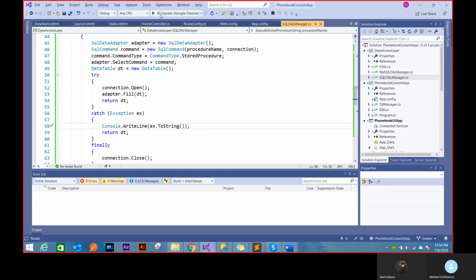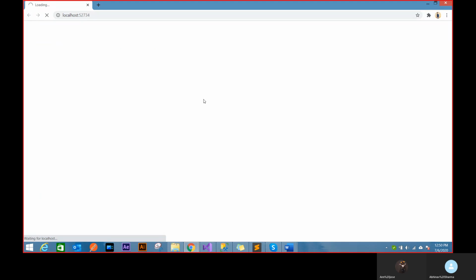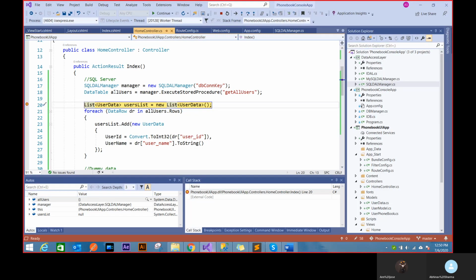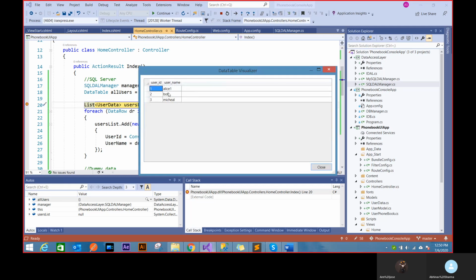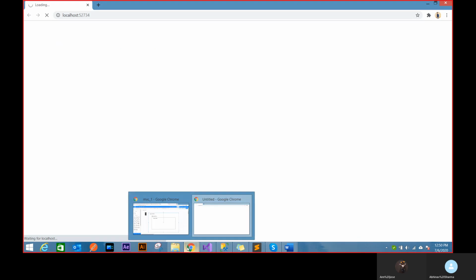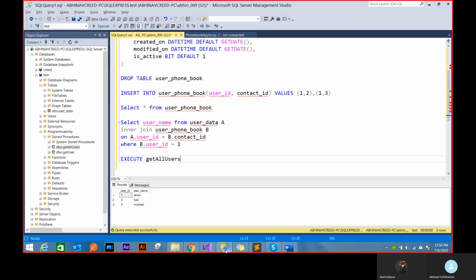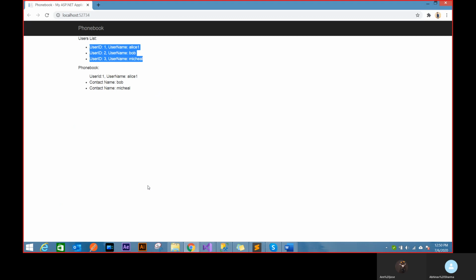So now if I run this, it should work fine because now I have provided the stored proc command. And we should be able to get those keys. So now the data should be available with me. Now it's coming, right? So that means I should be able to render it on UI. So see, now this is coming from DB. This was my users. The first, yeah. So this is coming from DB now.